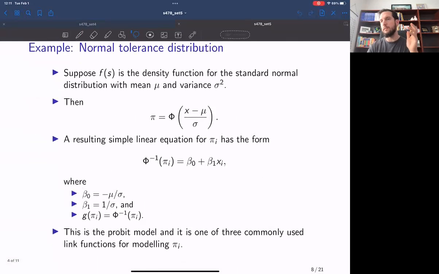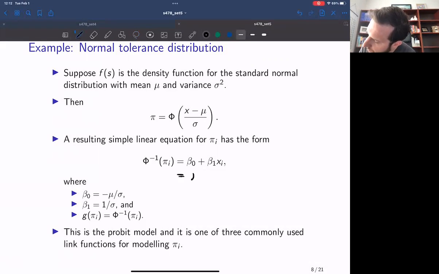A more common type of binomial GLM is the probit model. So this would be the binomial GLM with probit link. In this situation, you're going to assume that S is a normal random variable with mean mu and variance sigma squared. And then we would say that pi is going to be the CDF of that normal distribution. Okay, so the result here is that the inverse of the normal CDF applied to pi i is equal to beta 0 plus beta 1 x i. So the link function is the inverse of the CDF for the normal distribution. And of course, this can extend more generally,